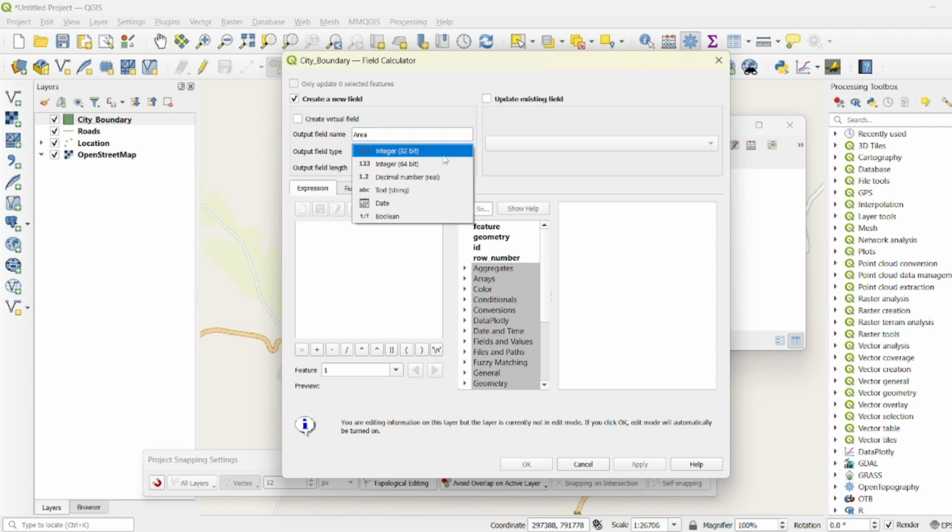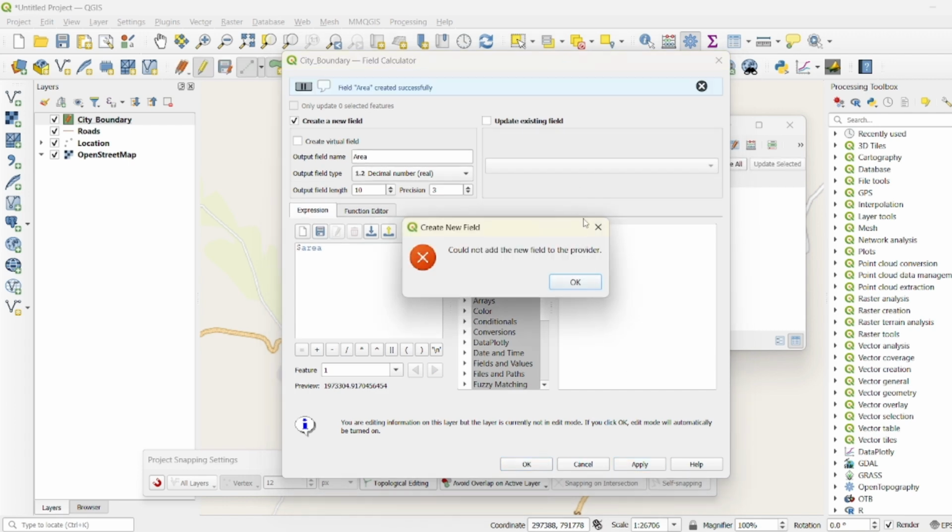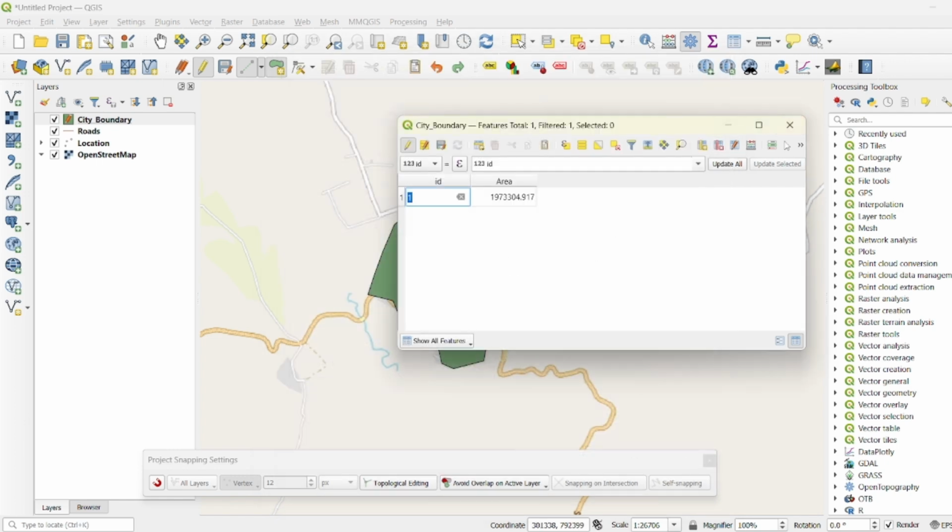Okay, the field type is decimal number. Then I can assign dollar sign and area. Okay, then I can apply. I have to save. Here the unit is meter, because this is a projected